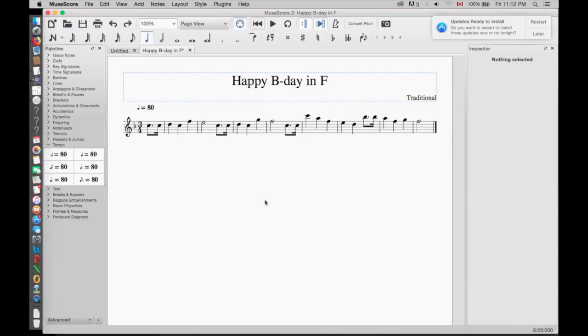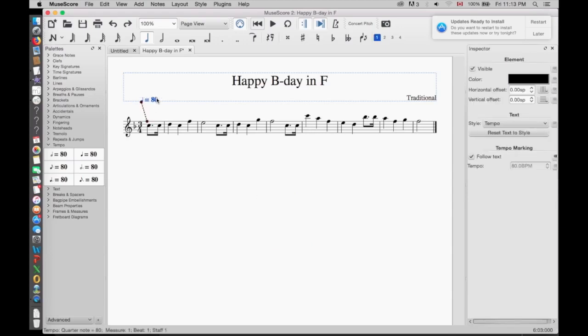Many scores show a text description for the tempo to describe how the piece should be played. The description does not specify the exact speed of a piece, which is at the discretion of the performers. Before the 19th century, when the metronome was invented, composers did not include the number of beats per minute in the score. We will move the tempo marking a bit higher, and enter the text "slow and moving" just above